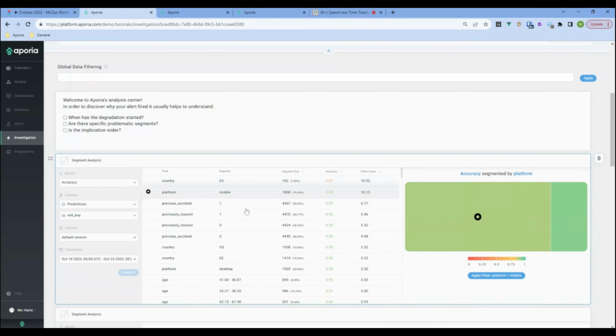If I click on different things, I see that for platform, mobile is working a bit less than desktop. And again, previously insured and previously accident are pretty much similar. So these don't make a lot of difference, but what does make a pretty big impact, what